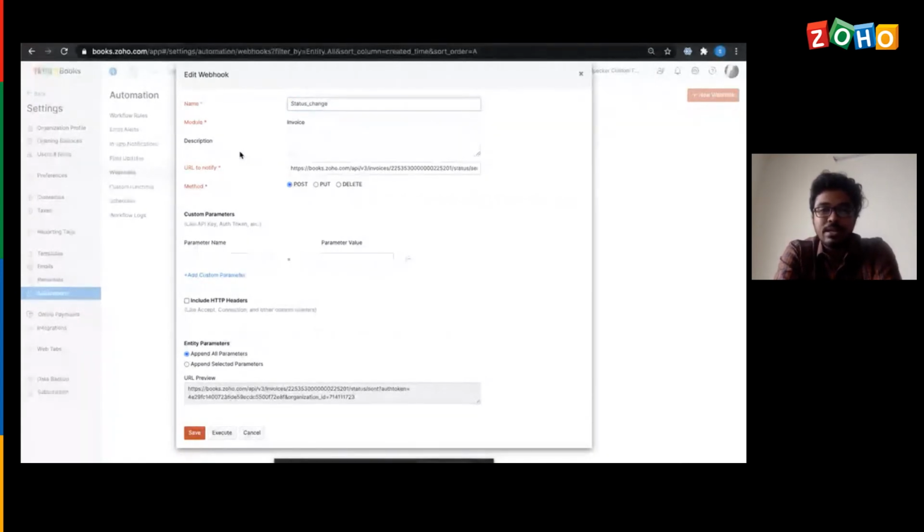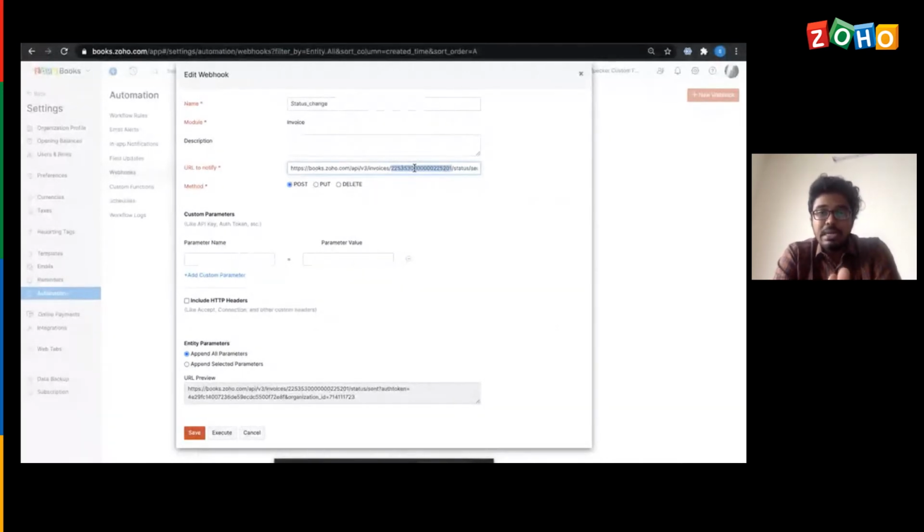So I've taken up an action in Zoho Books itself, where I have notified the URL of Zoho Books, and I've asked the system to post the status of a particular invoice to be in the sent status instead of getting saved in the draft status.